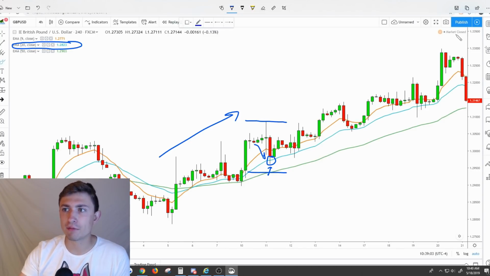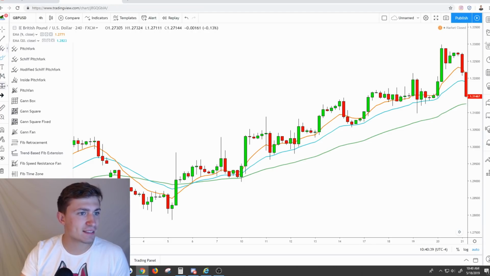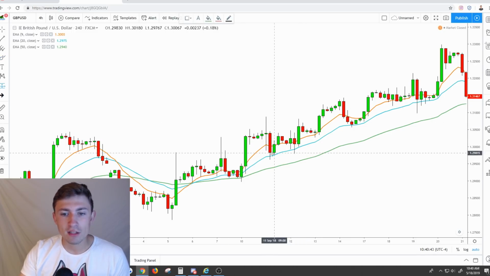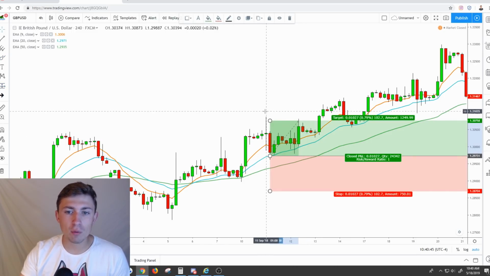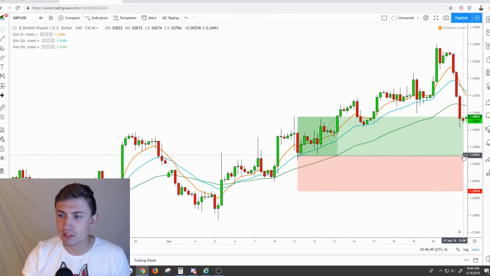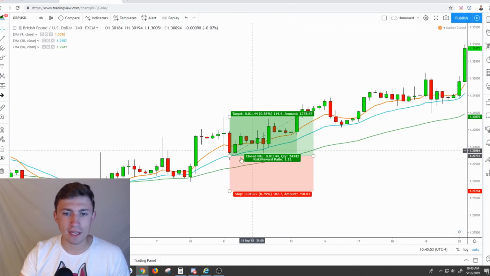Now, I know that's not perfect, so let's take a look at it on TradingView. If we use our fancy, where is that? I can never find this. Here it is. The long position tool, right? So we've had a pullback to this level. What we could do is we could identify that here's the recent high, right? And if I clean this up just a little bit, pull this back over, we could set ourselves a 2-to-1